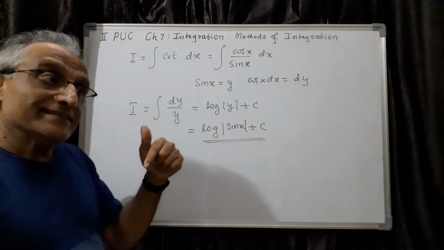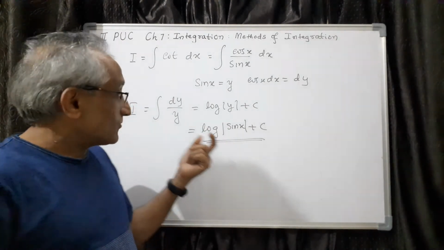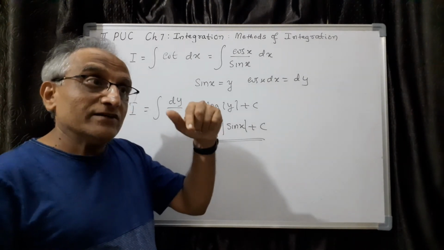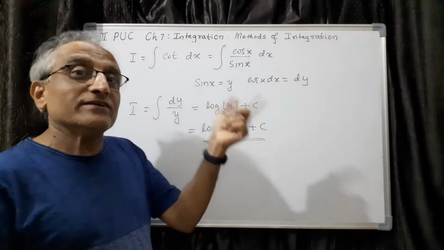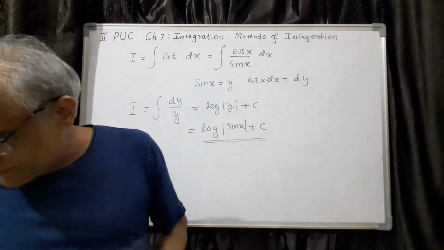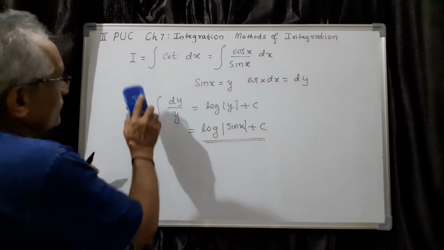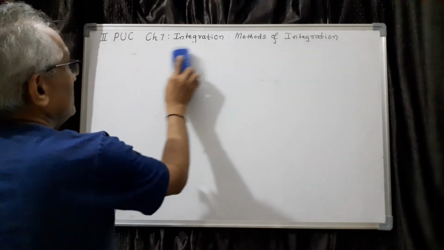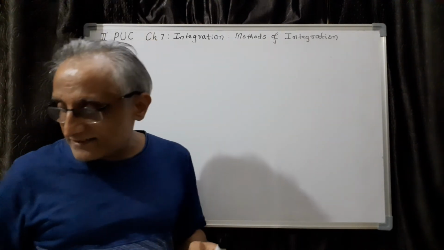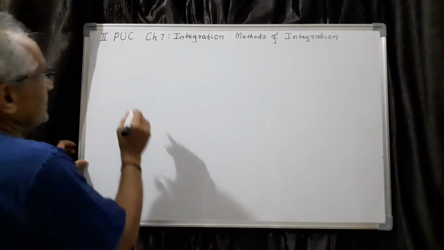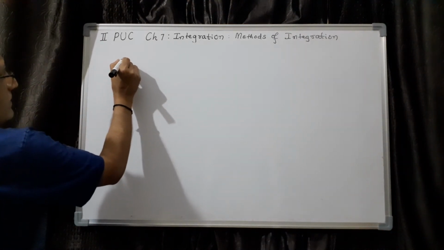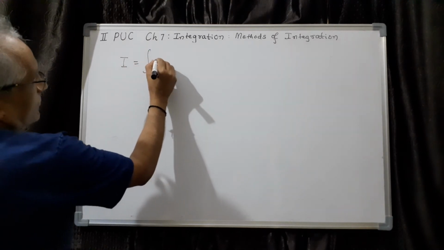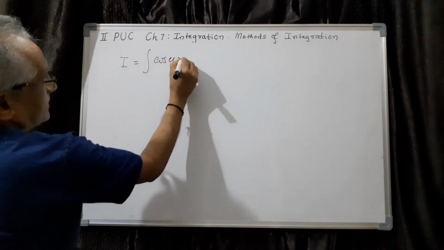For the tan it is log of secant. For cot it is log of sin. They are also cos only, but we wanted to avoid the minus sign. Therefore it is secant. So that is the only difference. Now two more formulas I have to derive. Then that completes the formulas for trigonometry, all the entire 6 formulas we are getting. So the next one is, let me take for example, I equal to, I want to integrate, let us say, cosecant x dx.